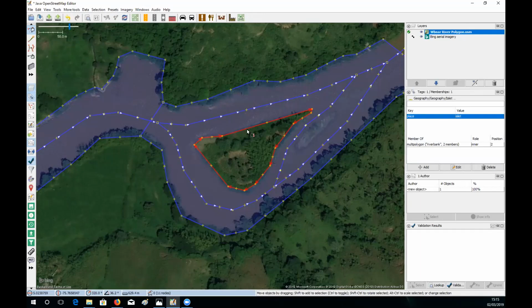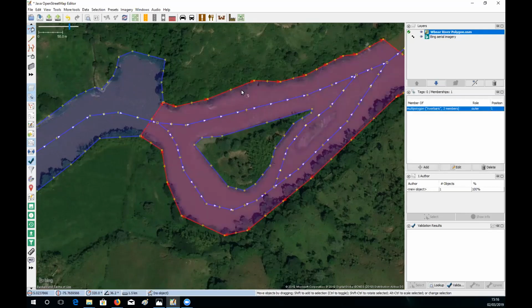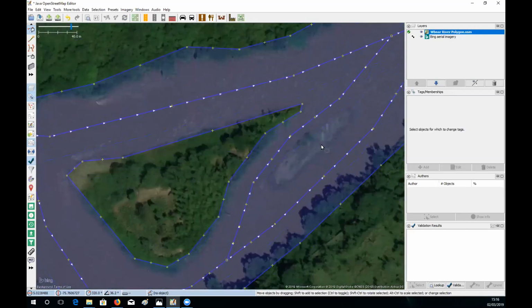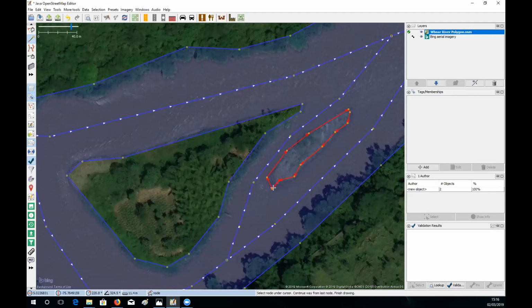Now please, you can put the name of the island onto the island, but do not put the name of the river on the riverbank. The name of the river will go on the center line of the river. Okay, please remember that. Now, what happens if you want to add an extra island? All right, let's try that. Pressing A, I draw